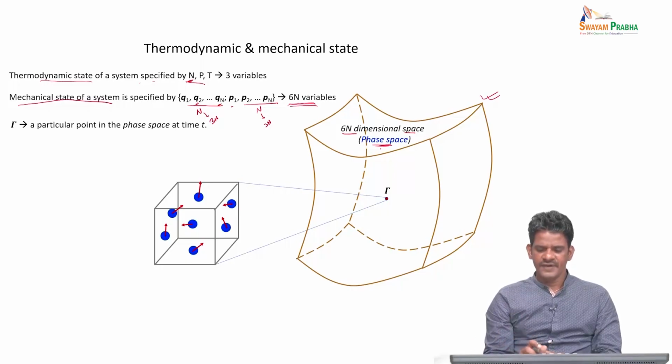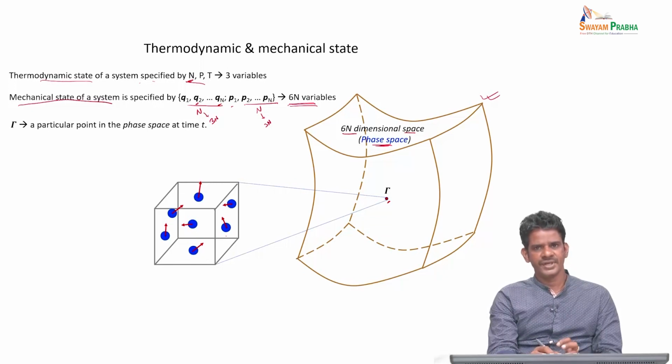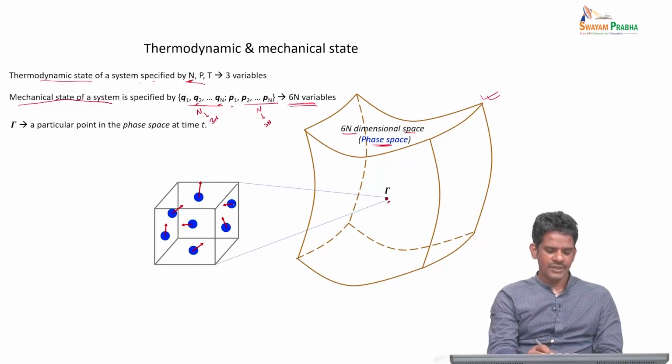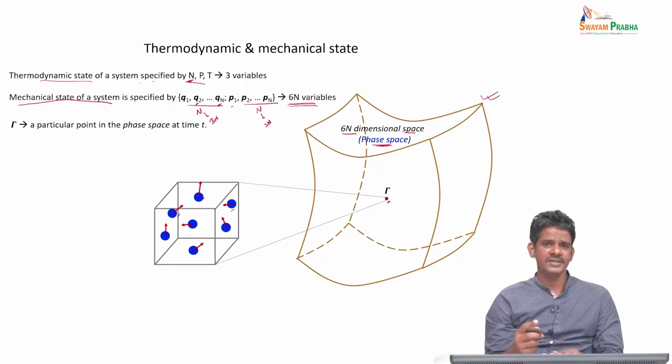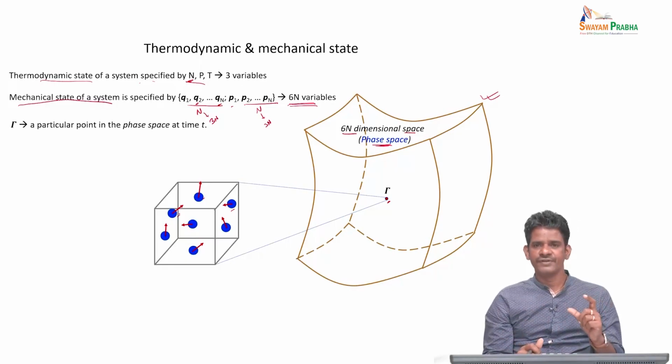So in this phase space, if I take any one particular point, shown as this red dot here, and look at what is there in this point, you will see that all these N particles are specified at this particular location. If I zoom in, there are N particles, all shown as spheres of the same color, so that we think of these particles as indistinguishable: same size, same color. I have also shown some little red arrows here. These arrows point in different directions and are of different lengths. These red arrows represent the momenta at that particular point.